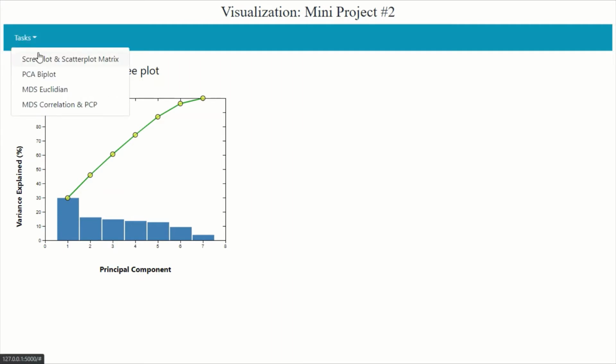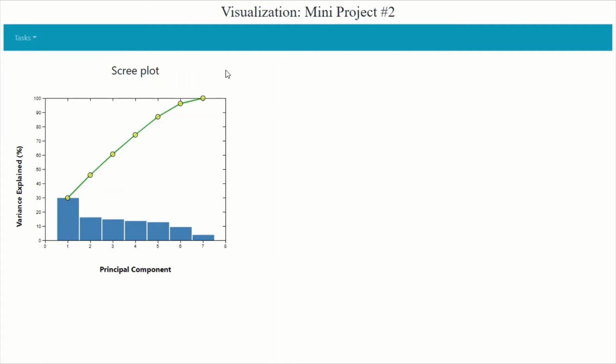The first one is PCA, principal component analysis, which considers correlation or covariance among the dimensions and then plots the graph. This is a scree plot. On the x-axis you can see the principal components and on the y-axis you can see the variance explained. Each bar shows the variance explained in percentage, and the points on the line show x as the intrinsic dimensionality index and y as the cumulative variance explained in percentage.